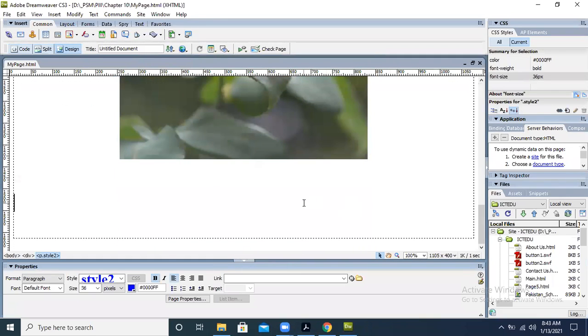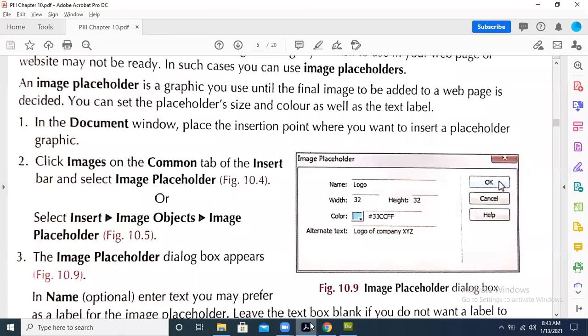So it was basically the page on which we were working yesterday. We had applied the rollover on this image. Now I place my mouse cursor in the center. Let's suppose this is the place where I want to insert the image.